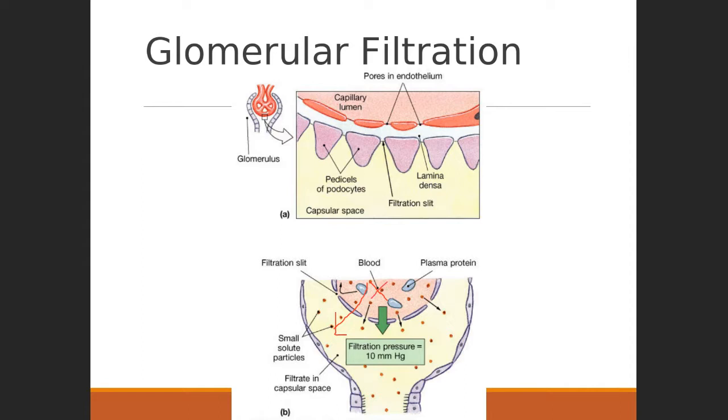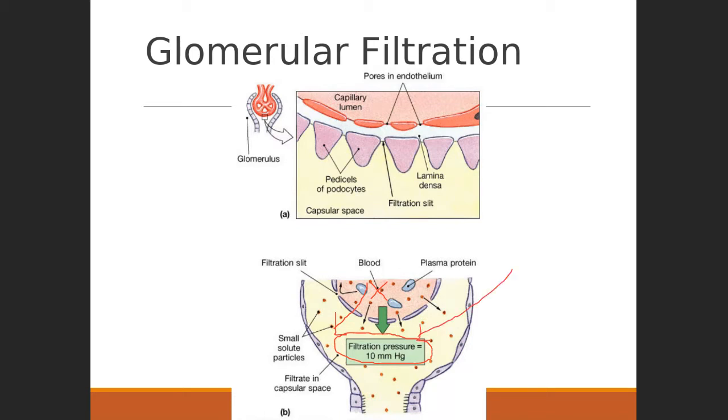Now, we distinctly call it filtration pressure right now, because what you'll see once we get into this discussion is that the filtration pressure and the blood pressure has to be talked about in two separate contexts. Because what we're going to do is take the blood pressure and manipulate it locally so we can get stabilization